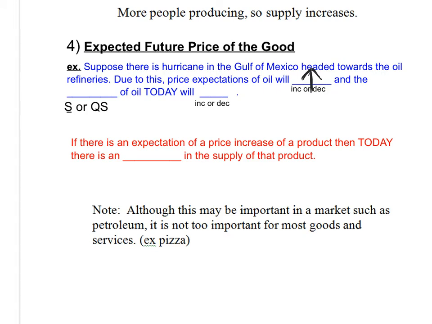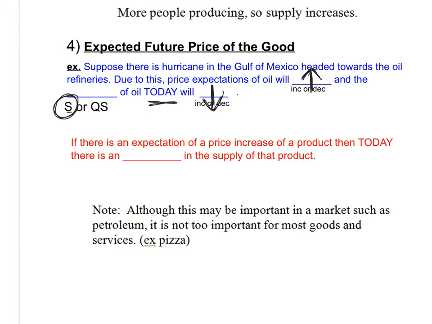If you know you can get more of that product tomorrow, what are you going to do? Well, today we're not talking about a price change, so it's going to be a change in supply, and actually you're going to supply less today. You're going to hold that inventory and supply more in the future. So if you expect prices to go up, as a consumer you want to buy more today, but as a supplier you want to supply less today and supply more tomorrow, but that isn't the question here,